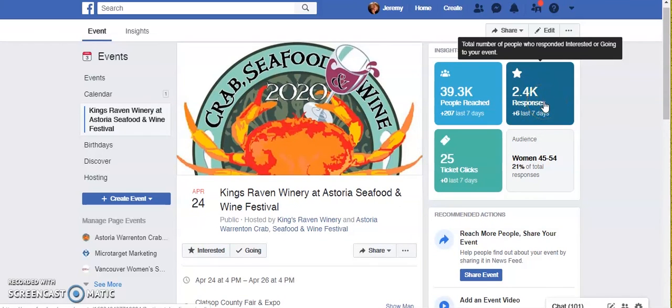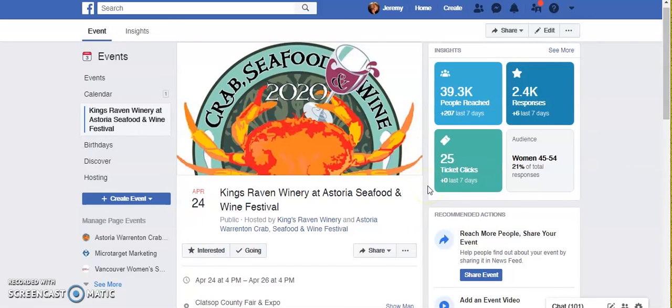Now, lastly, with these co-hosted events, if they have a good following, like this one does, it has 2,500 people that are interested in the event. That's a good audience of people. It's worth your time to do a little bit of extra work posting periodically in this event. So anytime that you go in and you want to post on your Facebook page, you want to post your official Facebook event,